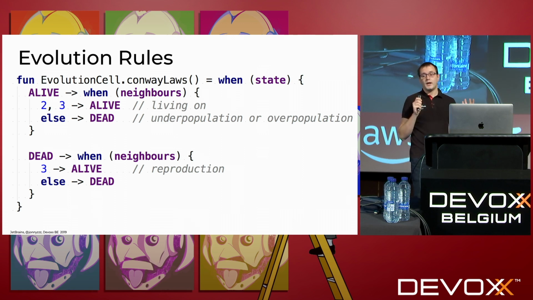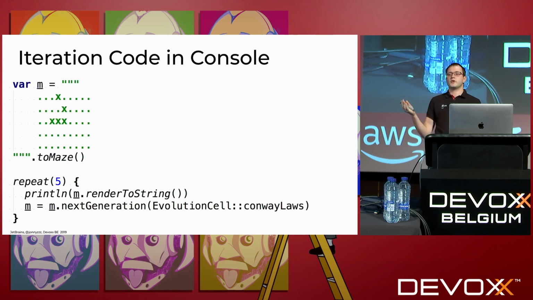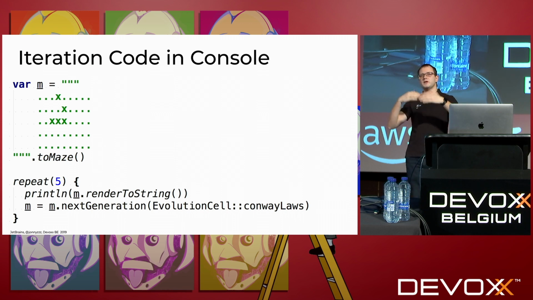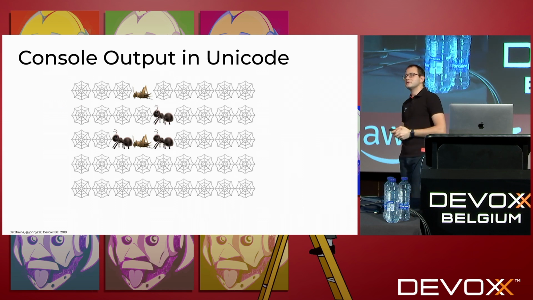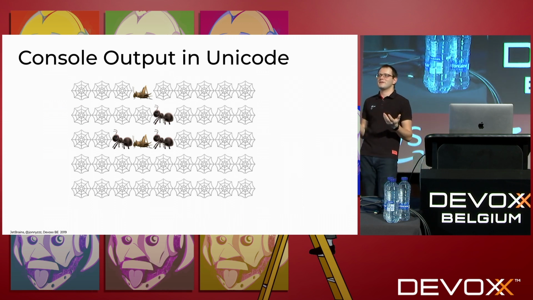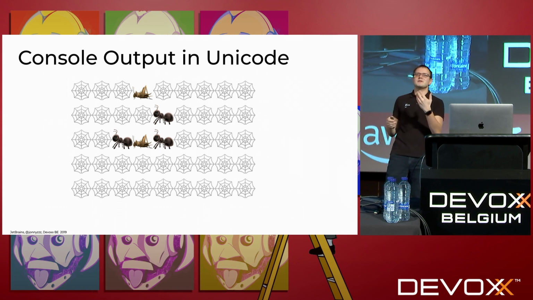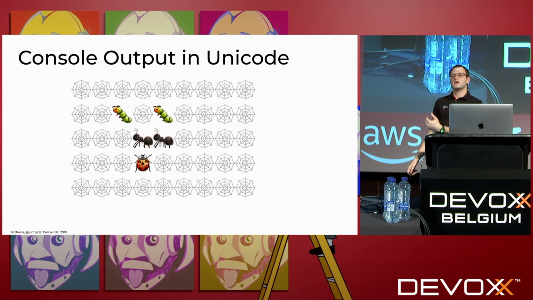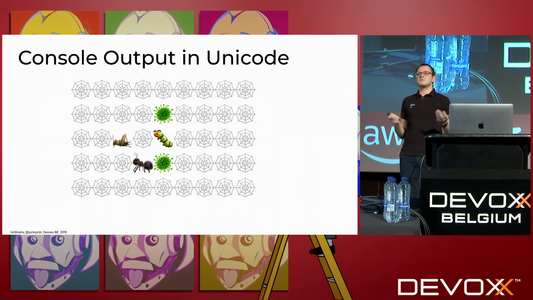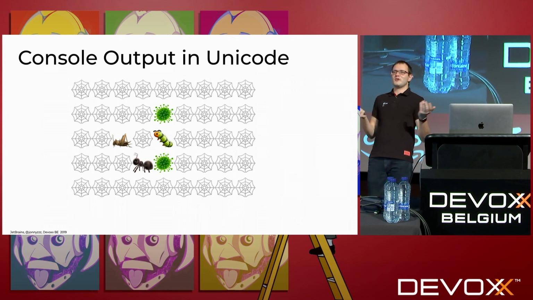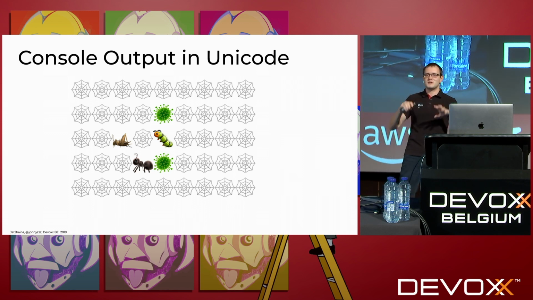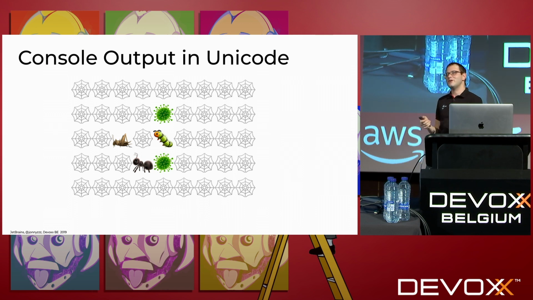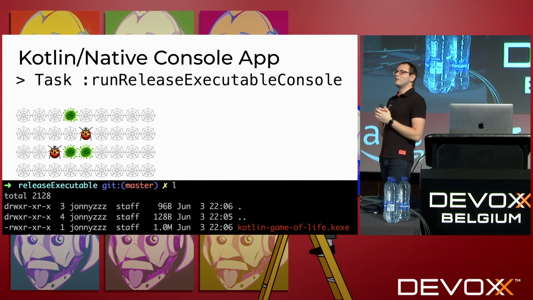I decided to write this program like this: I created the maze, I created a function to run the evaluation, and I print the results. I decided to use Unicode to render results nicely, right? And this one is a favorite glider pattern, so this would go to the right and bottom with the next iteration like this. But it was an experiment. I was having fun implementing something really interesting and seeing the dynamics, because if you started with random colors on the maze, it would keep changing all the way along. It was a tiny program on the JVM.